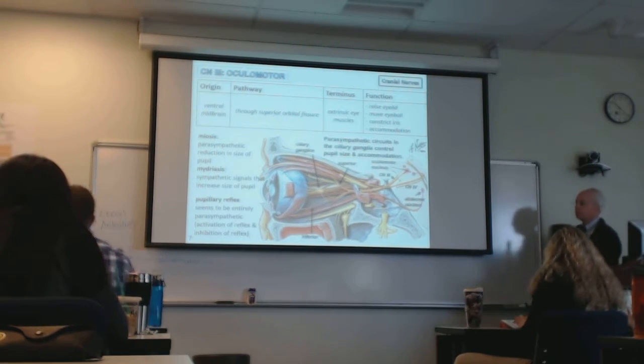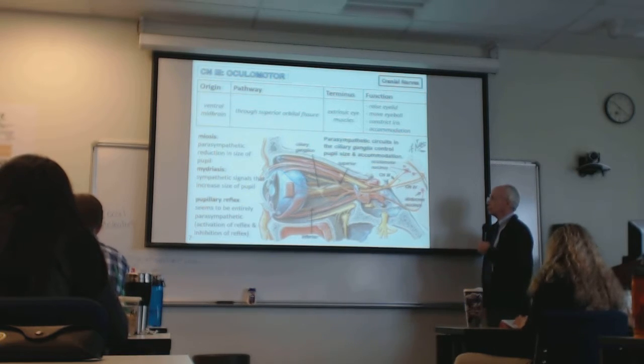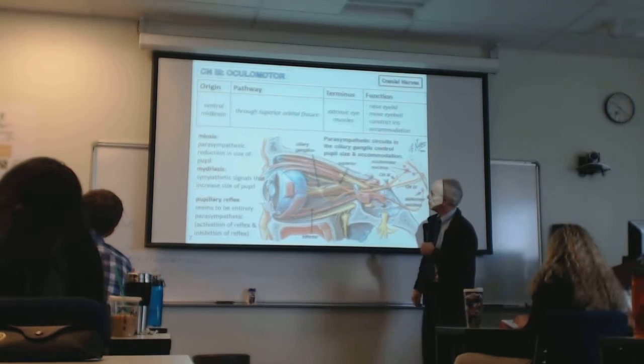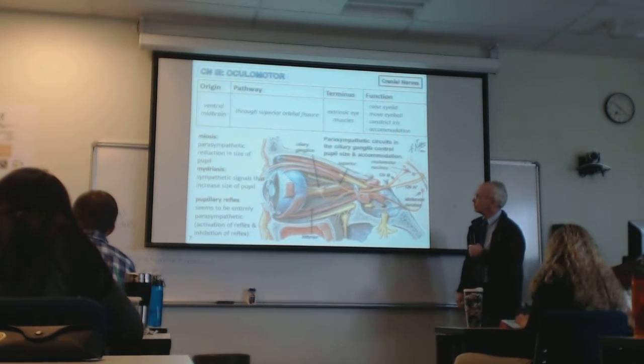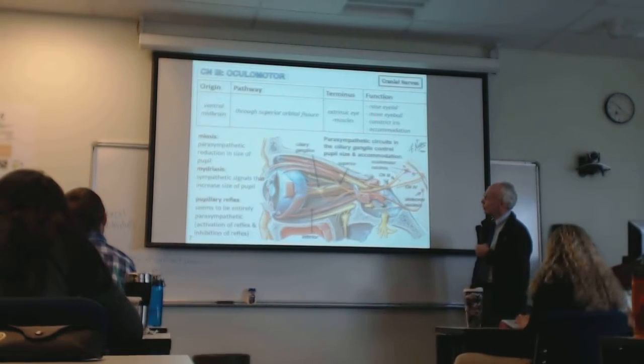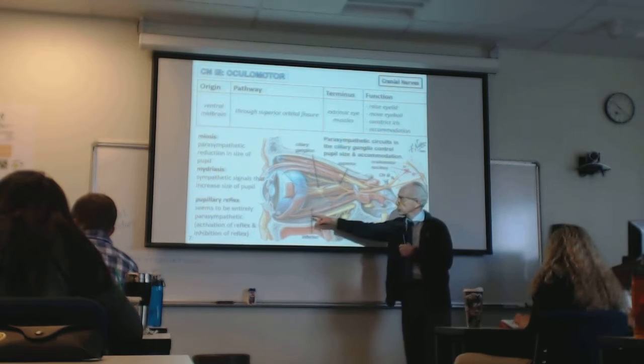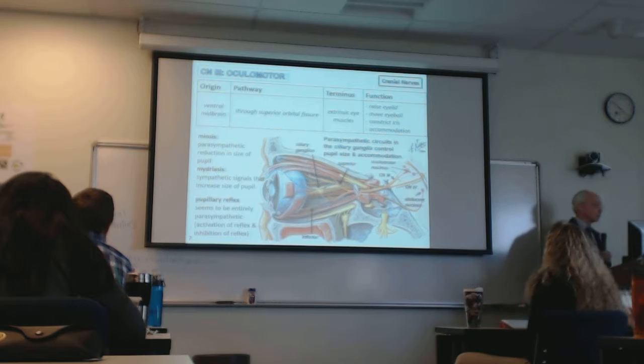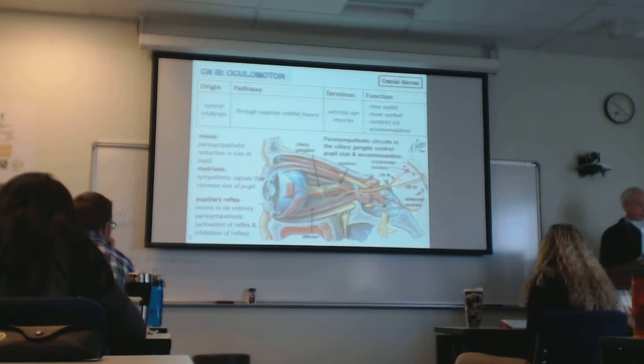It controls the three of the rectus muscles. It controls the muscle that elevates the lid, the superior palpebral muscle. And it also regulates one of the oblique muscles, the inferior oblique. So it handles most of the work. Very, very important in this regard. By the way, we call these muscles I've just talked about, the